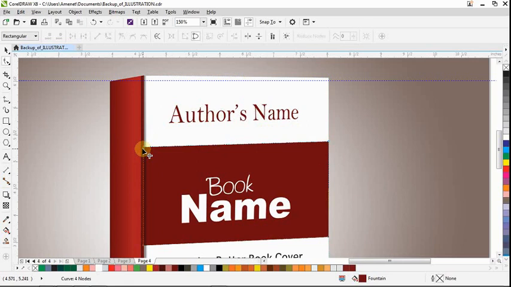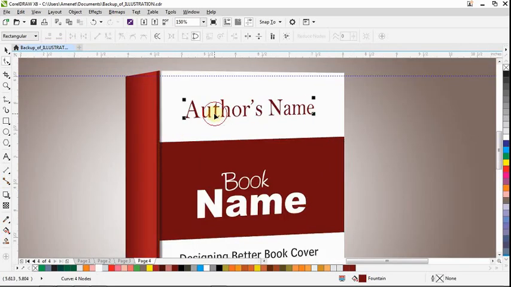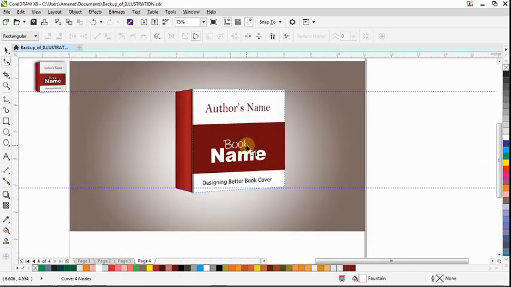Alright, you will have to tweak it until you get what you think you want, and this is more like it. It's not that perfect, I know, so just try to make your own as perfect as you think it could be. And I think that is it for this